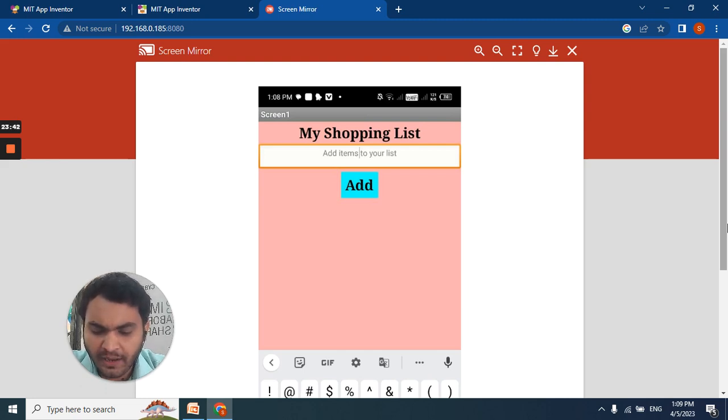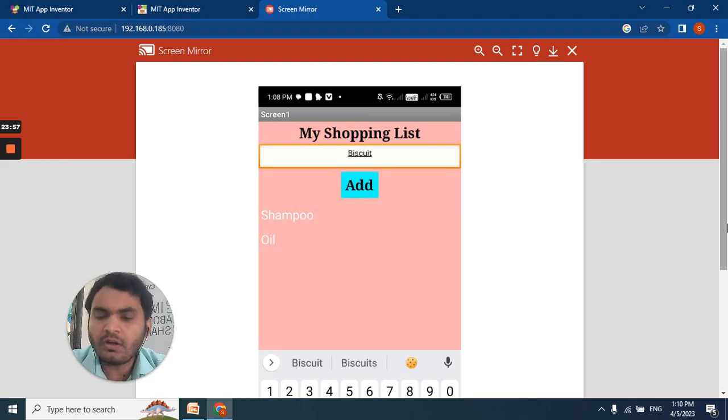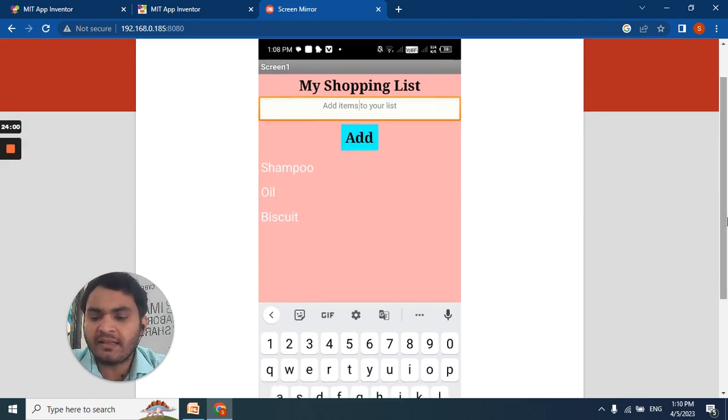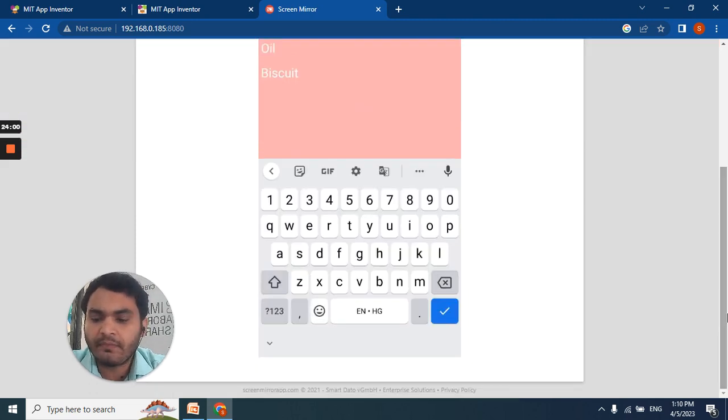Suppose I want to buy a shampoo, I will add this to my list: shampoo, then oil, biscuit. Whatever we want to add, we can add to our shopping list app.